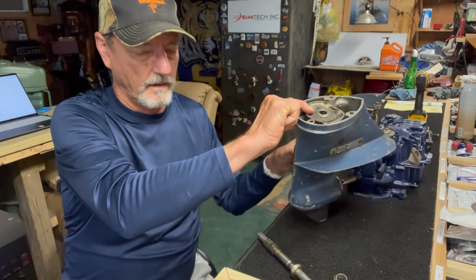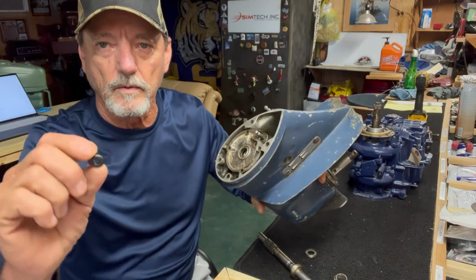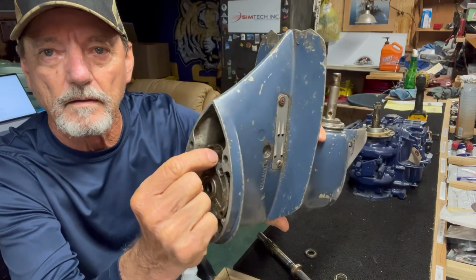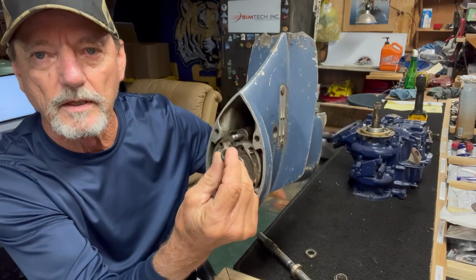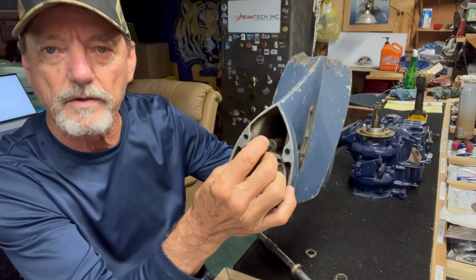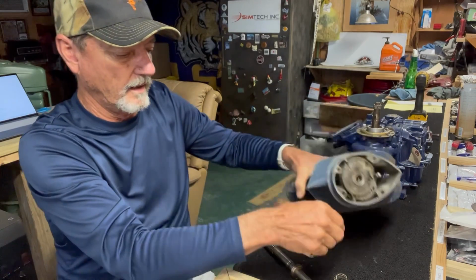Then there's the shift rod seal we were talking about, the O-ring. Here's the shift rod on this 9.5 horsepower. If you take it apart and push out that bushing, this O-ring sits underneath that bushing right there around the shift rod. Okay, that's number 3. And there's 2 more seals